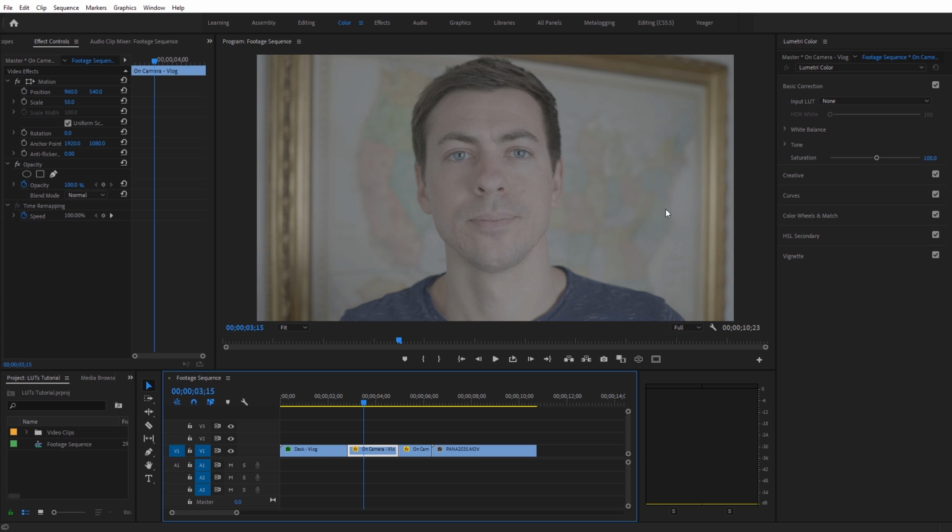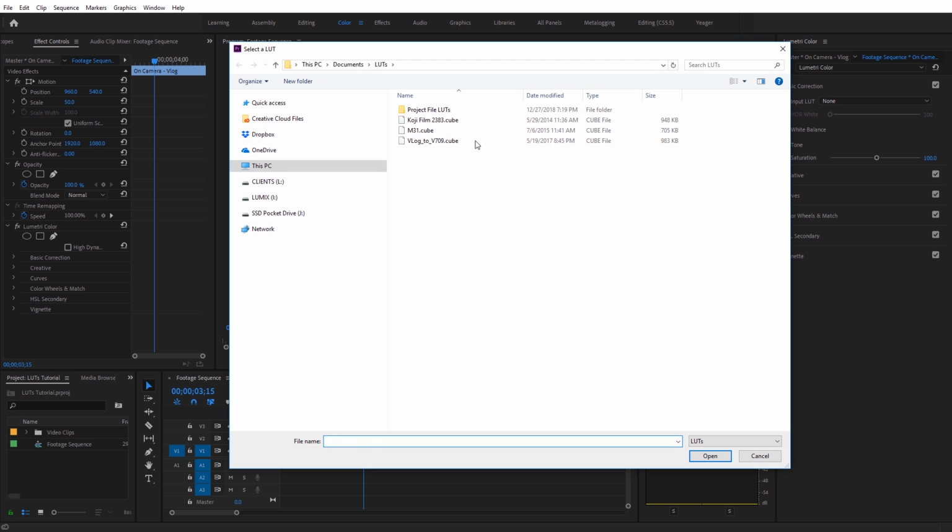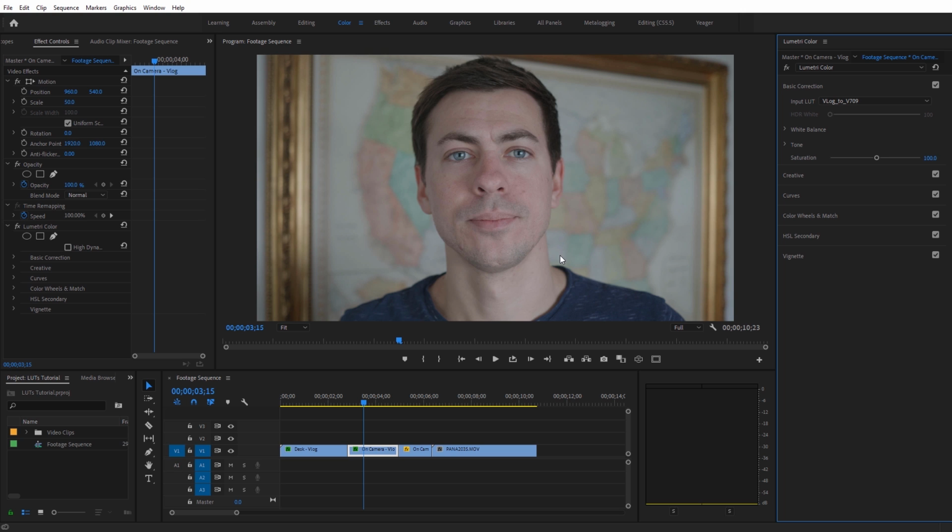This is very typical of log style footage, again, to try to get the most dynamic range. So I'll just go back to input LUT under basic correction, go to browse, and I'm going to select that correction LUT, Vlog to 709, and now we can see more contrast and color has been added. Depending on your settings will depend really on how much color and contrast you have on the camera and your lighting and other variables there, but you can see this has corrected this so we can work with it